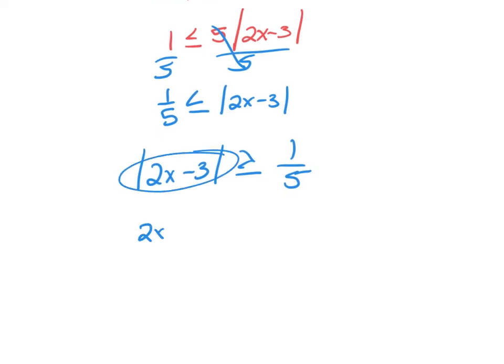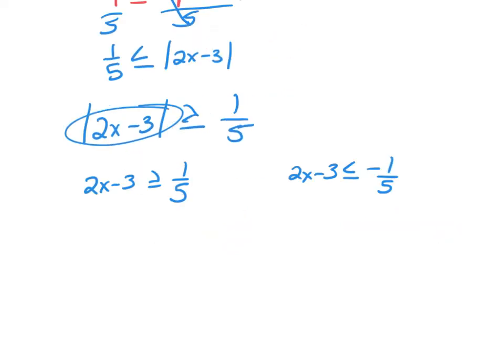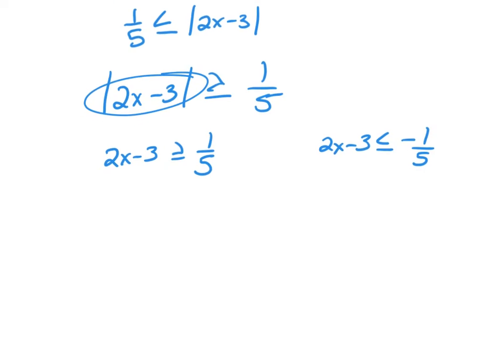I'm going to say 2x minus 3 is greater than or equal to 1/5, and 2x minus 3 is less than or equal to negative 1/5. And again, guys, you're going to have fractions. That's going to happen. You're going to be fine. If I'm going to solve this, I would add 3 to both sides. So I have 2x is greater than or equal to